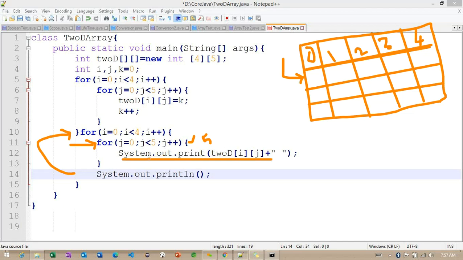Once the loop returns false, we reach this println method, which moves into the next line. After this, we go back to the outer loop, and again it checks the condition.